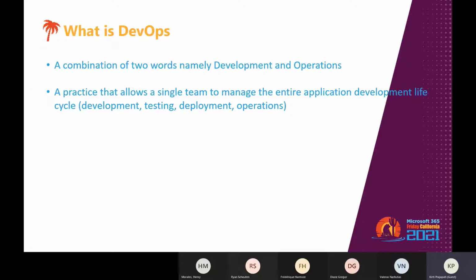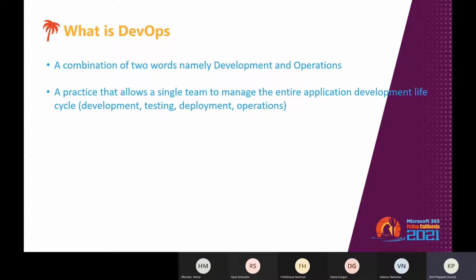So both teams are working together to accomplish their tasks, and quality assurance and security teams are also tightly integrated and work with the DevOps teams. If you need some certain kind of security measurement or quality assurance, then that team can also be involved in this. In DevOps, teams use practices to automate all development and operations processes. Whatever processes we are planning to have, those could be automated by your DevOps teams.